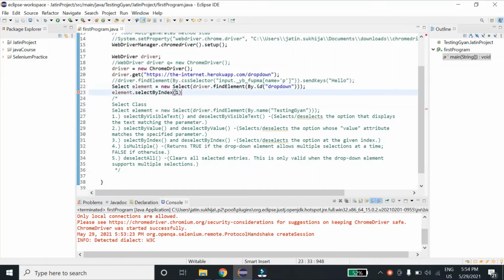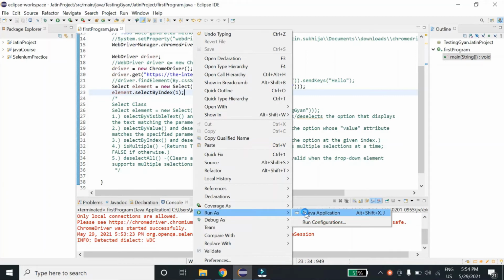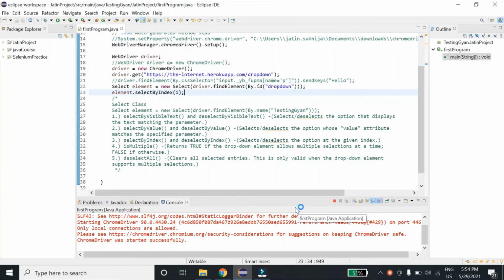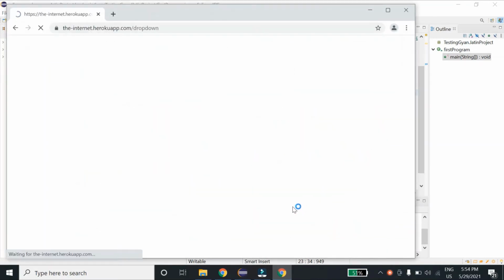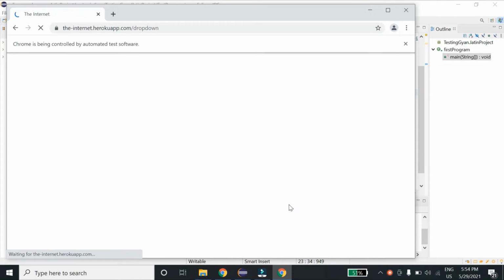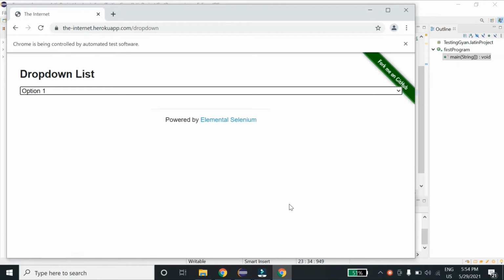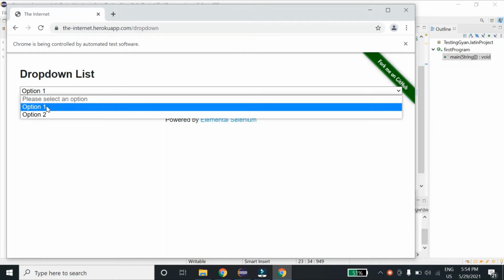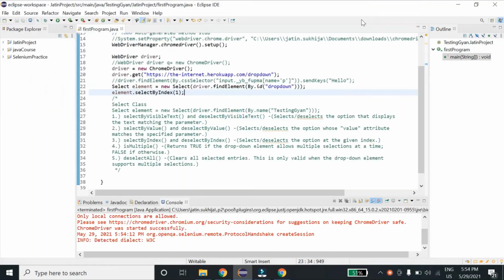If I run this, as you can see, it selected the value which is there at index 1. So I hope that this is clear now. Select by index and select by value.